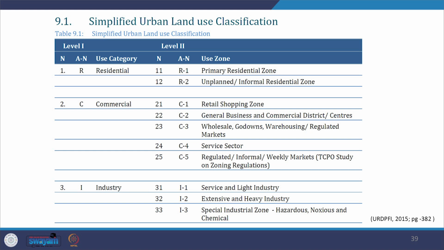In the proposed land use plan of Bhopal city, we see that different use zones are identified. Use zoning is very important as it defines the use to which various parts of the town will be put. The zones are usually classified into various categories. You may also look at the simplified land use classification given in Table 9.1 of the URDPFI Guidelines 2015, page 382. I've taken the snip here for your reference. You can see the range of categories which are specified here, the codes which are used for that, and the kind of zone it is.